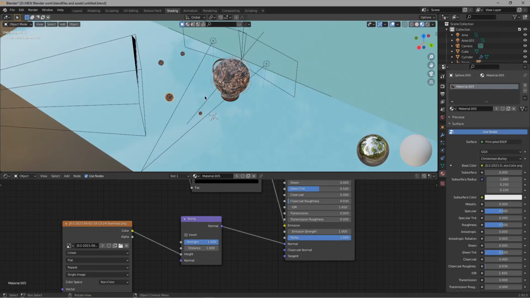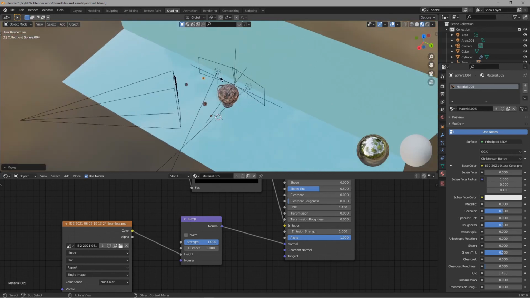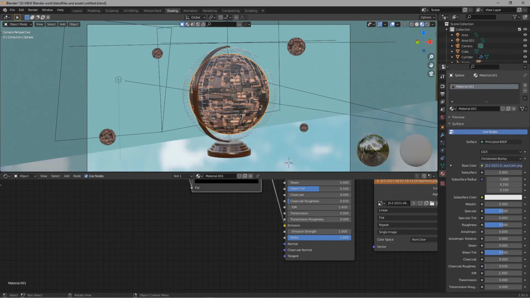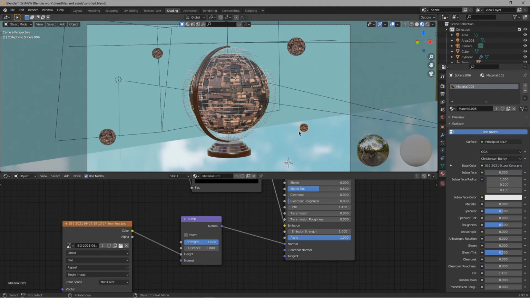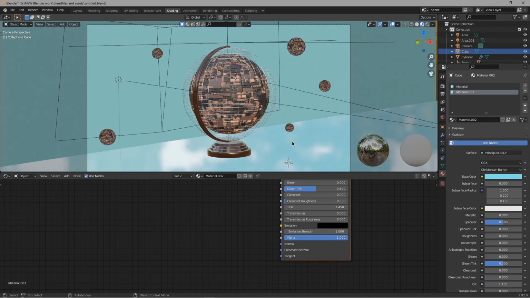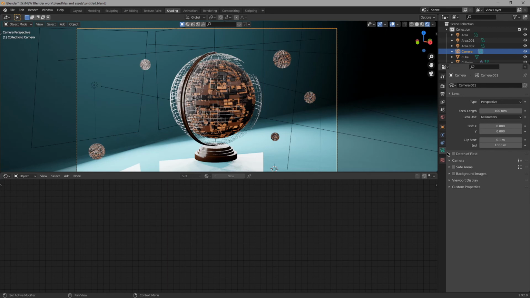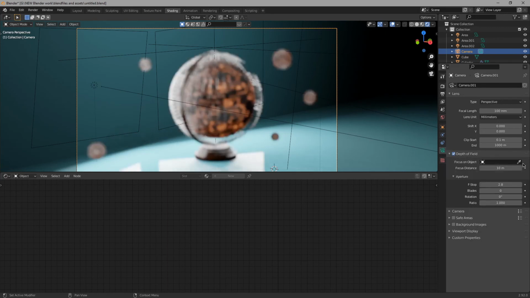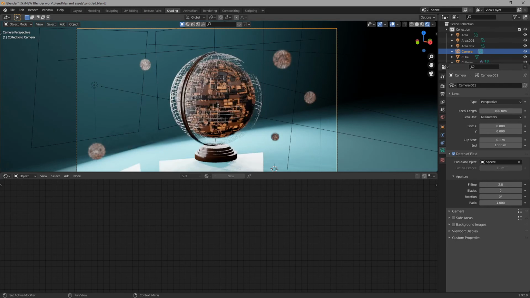We'll put it a little bit back from the camera so it won't get affected by the depth of field. Okay, that looks good. I'll duplicate it one more time. Now at the camera settings, select depth of field and select the focus object, the sphere,